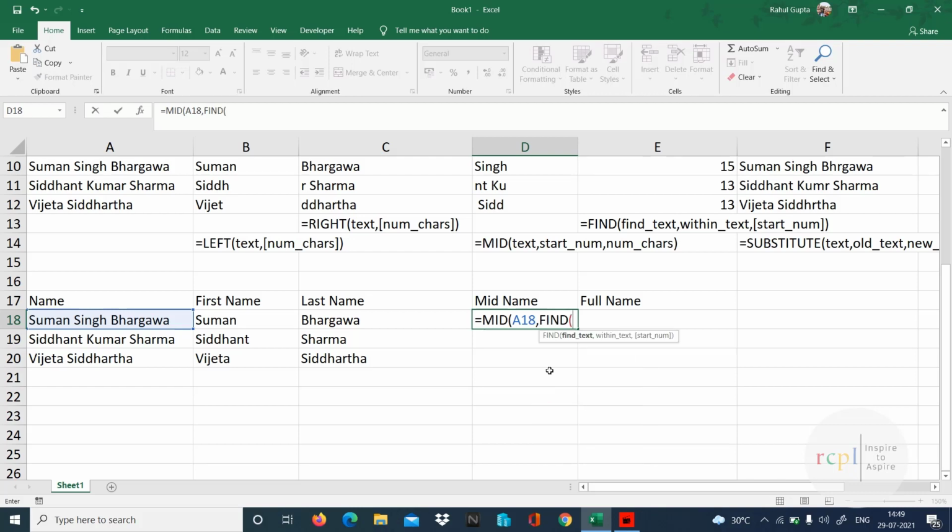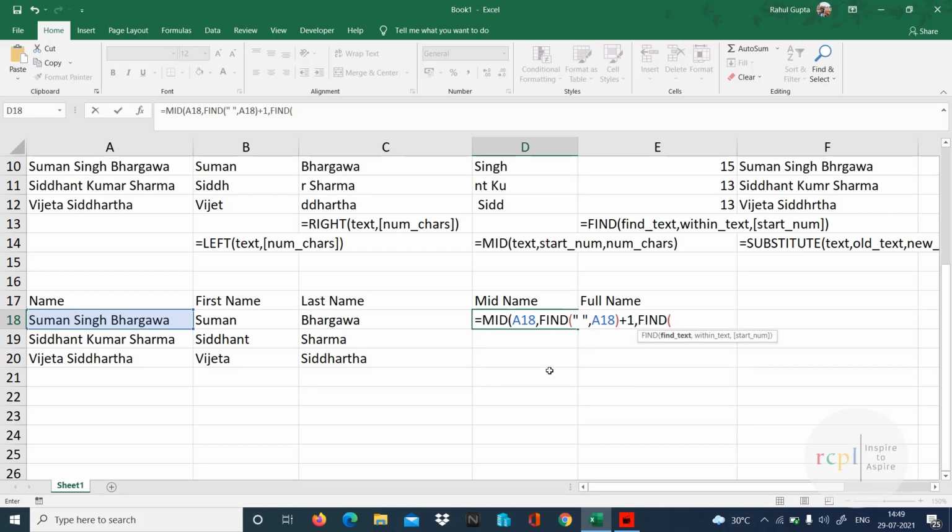So I'll use FIND space within this +1, that's my start number, comma, number of characters. So between the second space and the first space, whatever characters are there, they are the number of characters. So I subtract the first space from the second space.